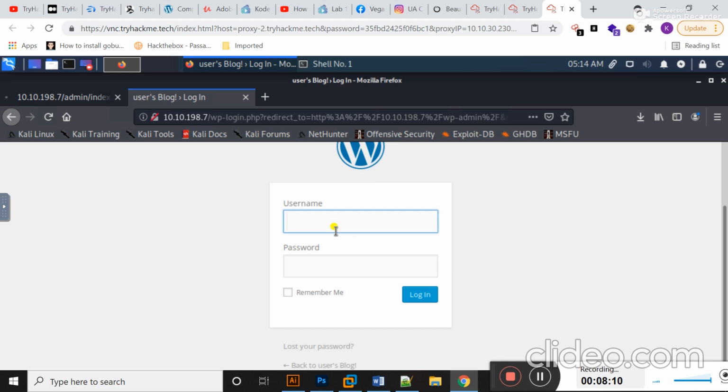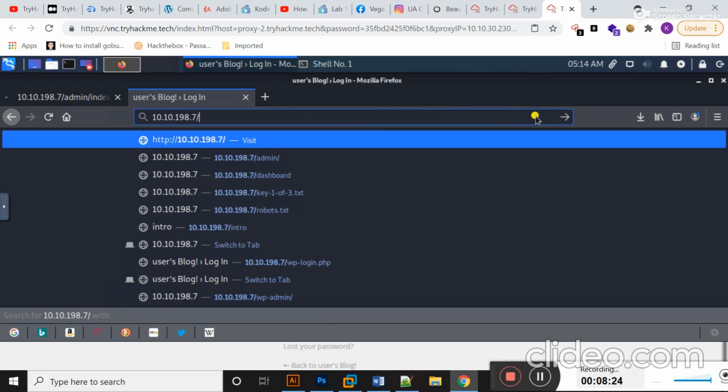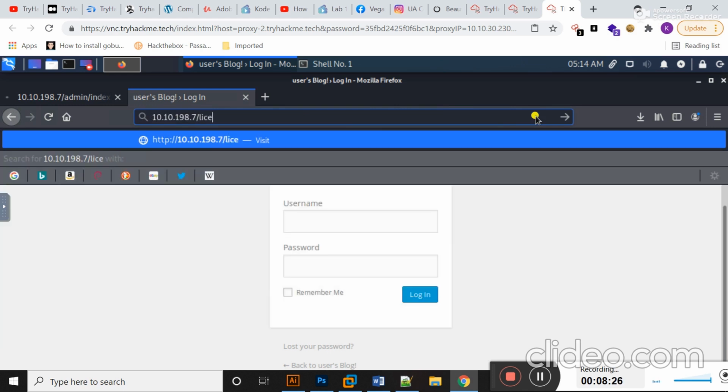So this time I have to find a valid username and password to log in to this page. Okay, let's explore another directory that I found.